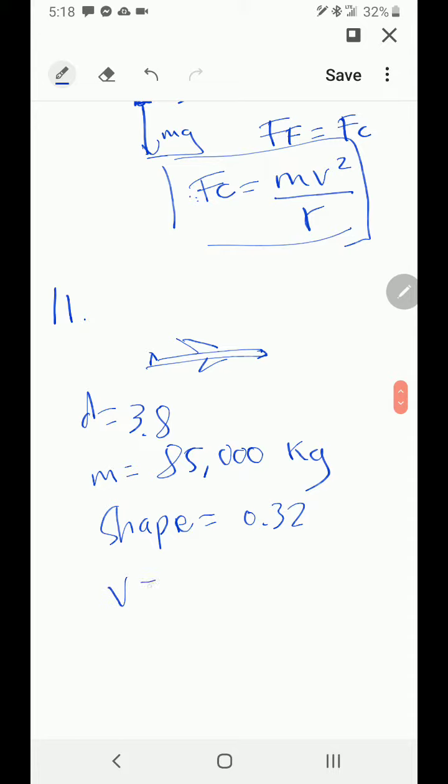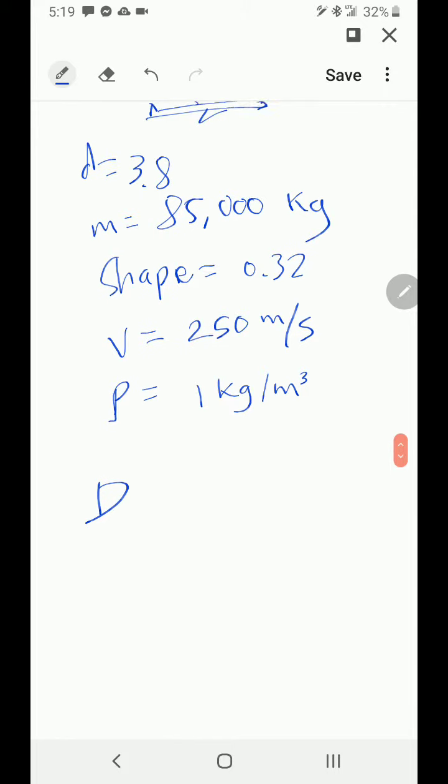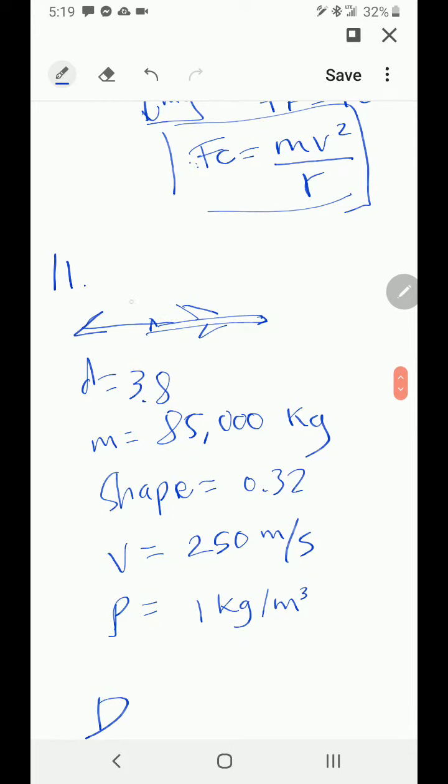So basically it had to have a constant speed of 250 meters per second, and an altitude where the density, so rho, I guess, is equal to 1 kilogram per meter cubed. And then if you want to know how much thrust you need, basically you need to equalize on this problem the force of drag,